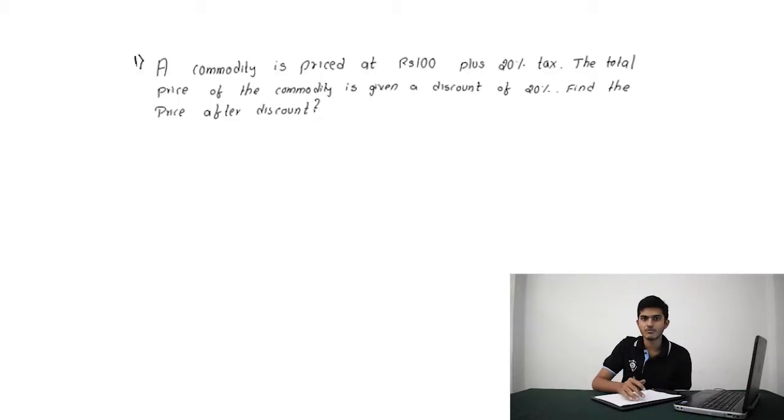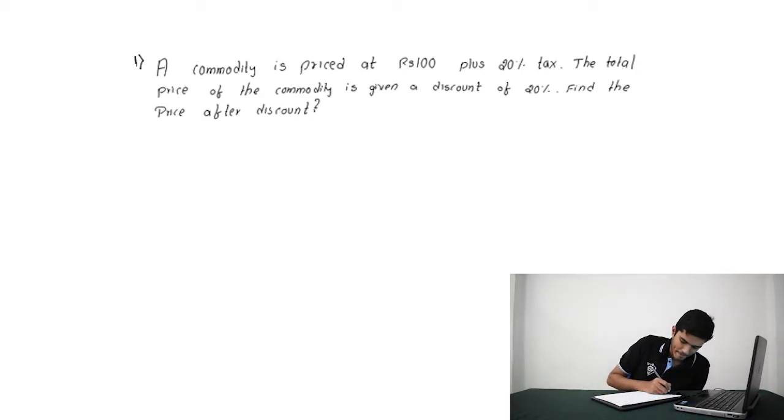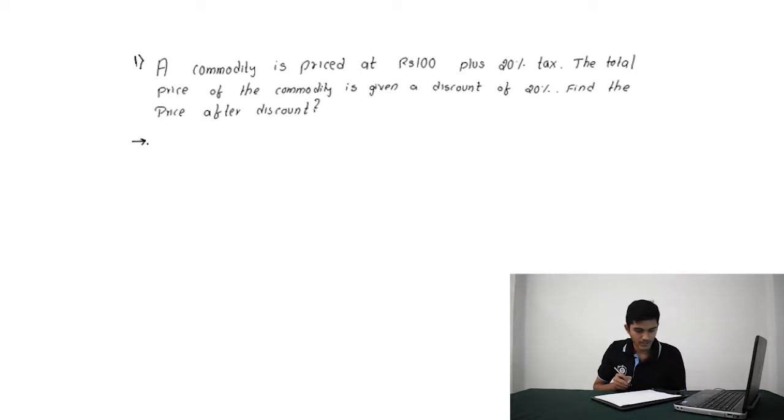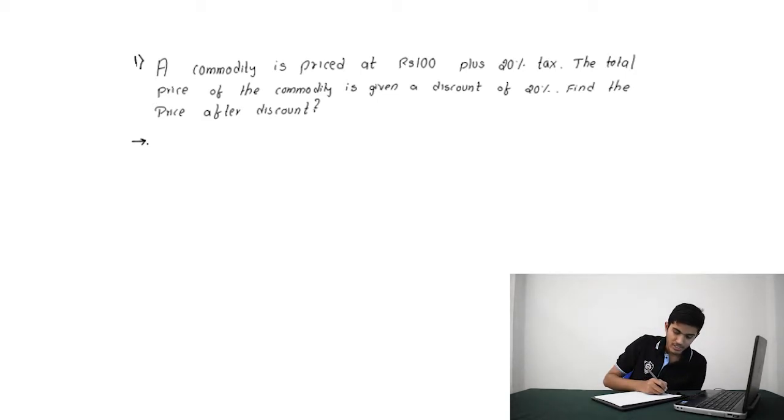So beginning with the first problem, I'll read it out for you. It says a commodity is priced at 100 rupees plus 20% tax is levied on that. The total price of the commodity is given a discount of 20%. Find the price after the discount, what it's going to be. So initially it says it's priced at selling price